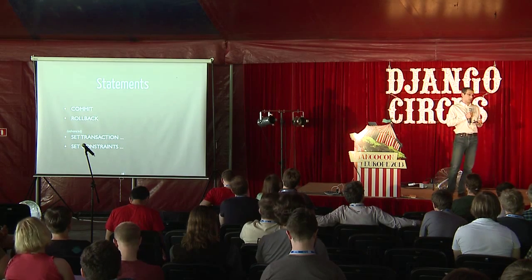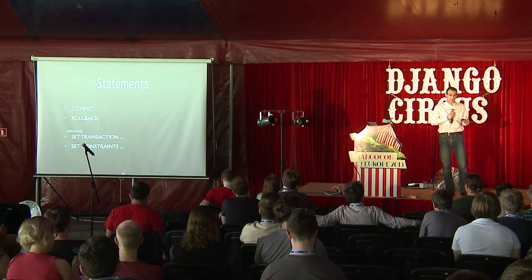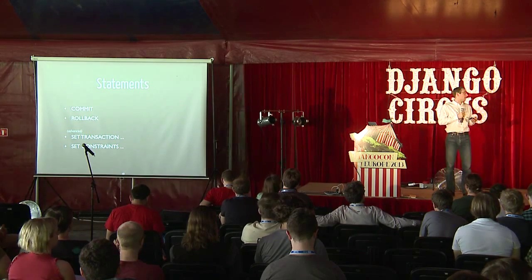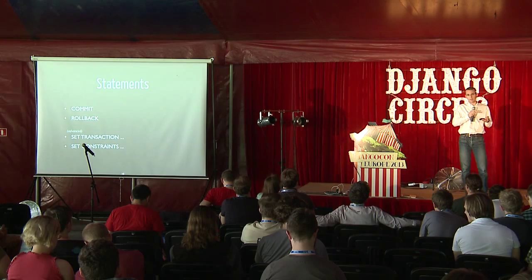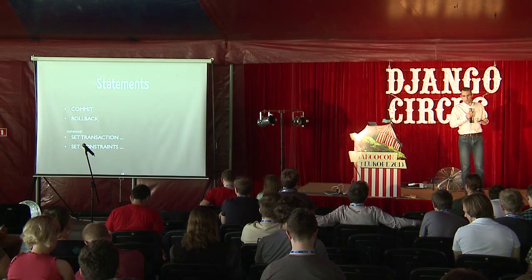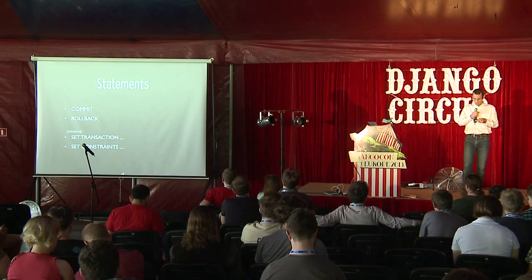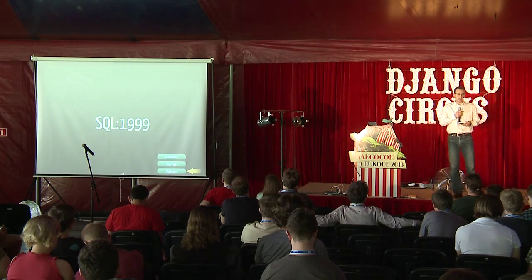Summary of SQL 92. It's fairly basic. You have two statements, commit and rollback. And well, you have two other statements, set transaction and set constraints, that set some add-on properties on a transaction, and you don't need to care about this for now. So let's move on. 7 years later, we have a new standard,